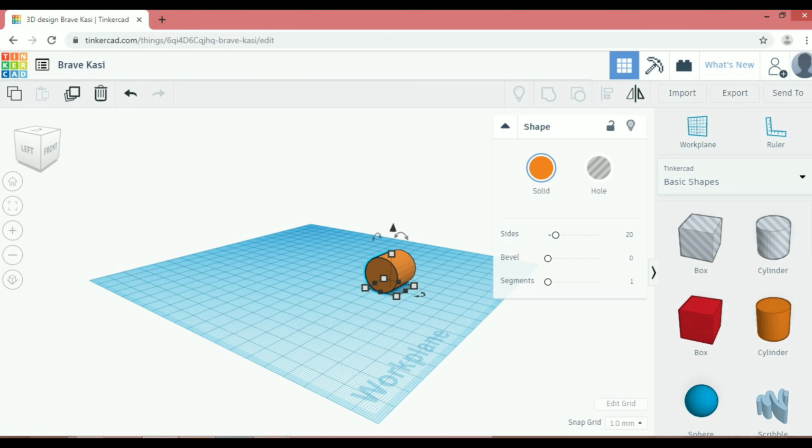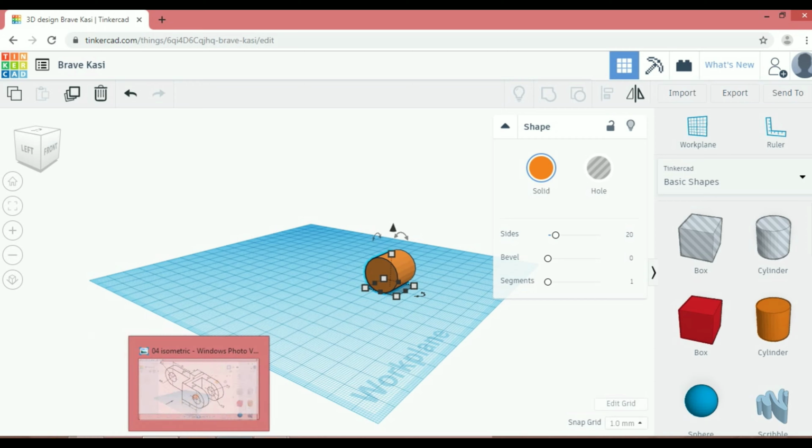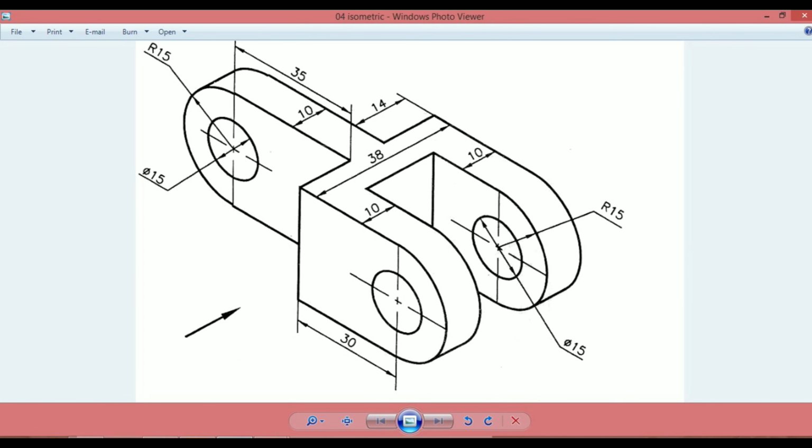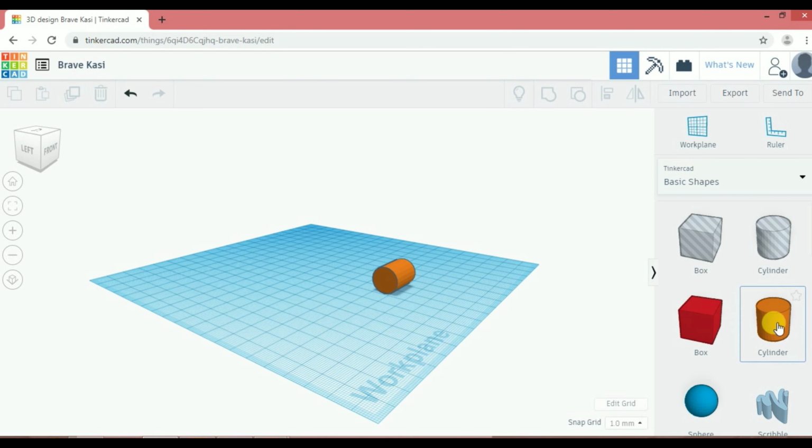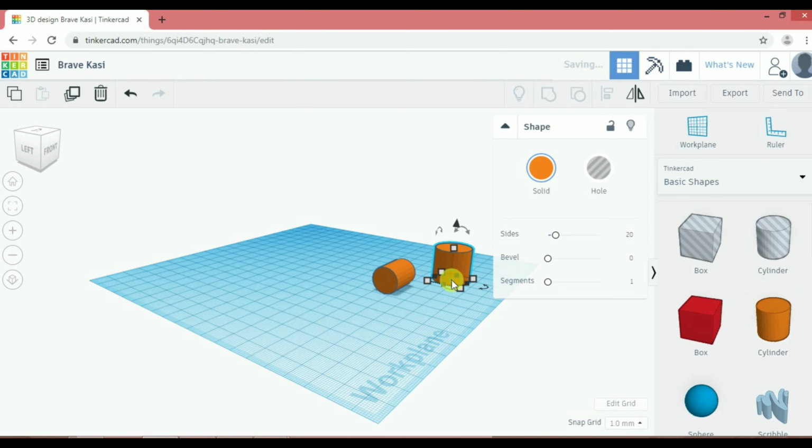Dimension of that cylinder is, first we prepare the hole type structure. So diameter is 15, so height of that cylinder is 15, thickness width is 15, and if you see the thickness of that shape, it is 10. Again I choose a second cylinder,